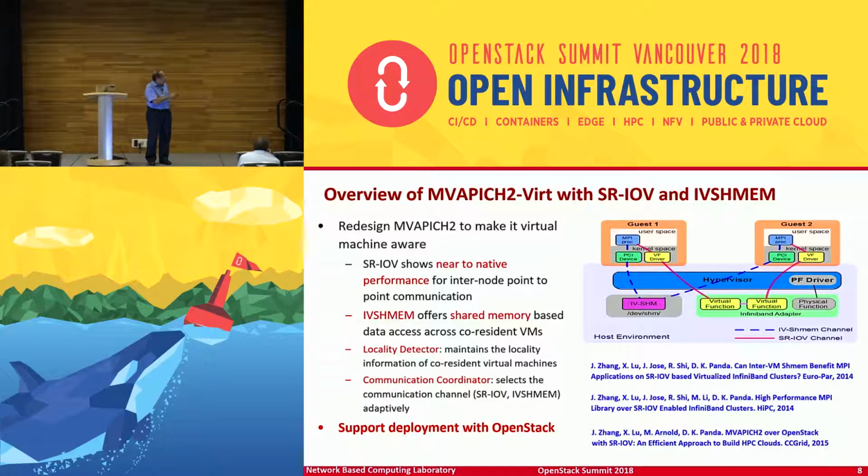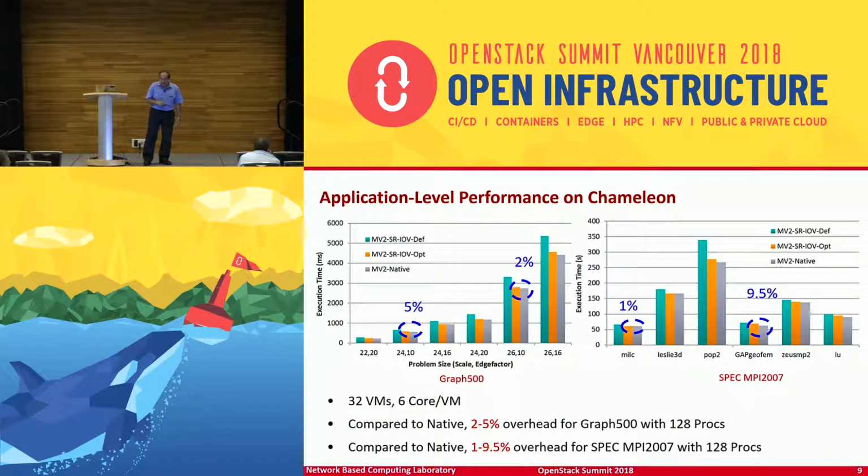So we had a locality detector, and then the communication coordinator, and then we put all this together, and it has a native design as well as the OpenStack design. So then what does it give us? Now if you see this kind of